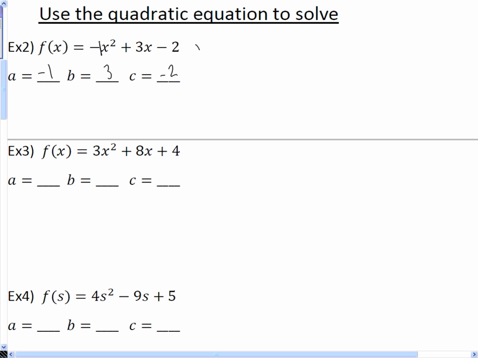Okay? Then you just fill in the blanks of the equation: negative b plus or minus the square root of b squared minus 4ac over 2a. Now this seems complicated, but it's actually not that bad. So let's fill in the blanks. Negative b means negative 1 times b. So negative 1 times 3 is negative 3. Plus or minus, I'll explain that in a minute, the square root of b squared, which is 9, minus 4 times a times c,